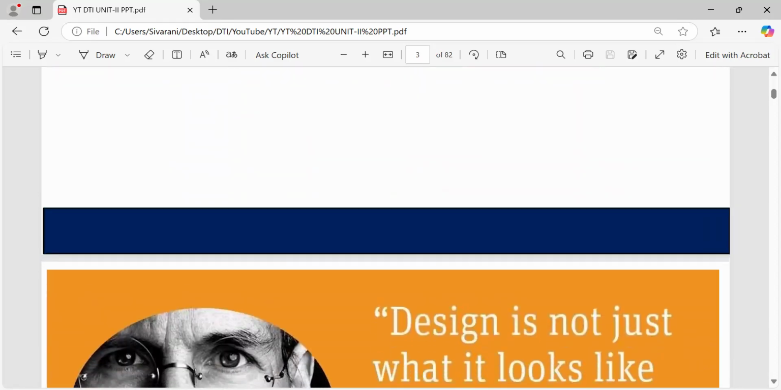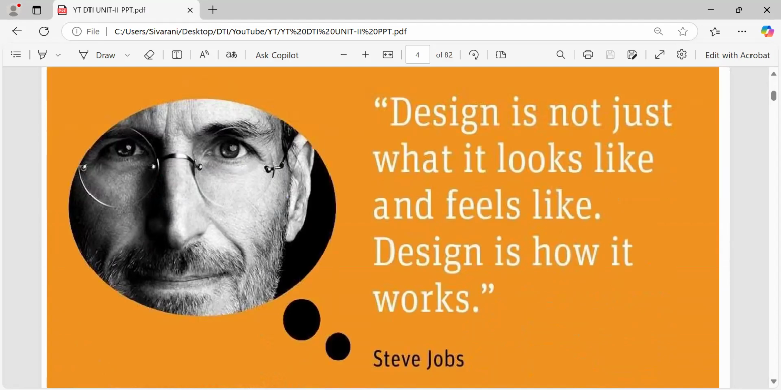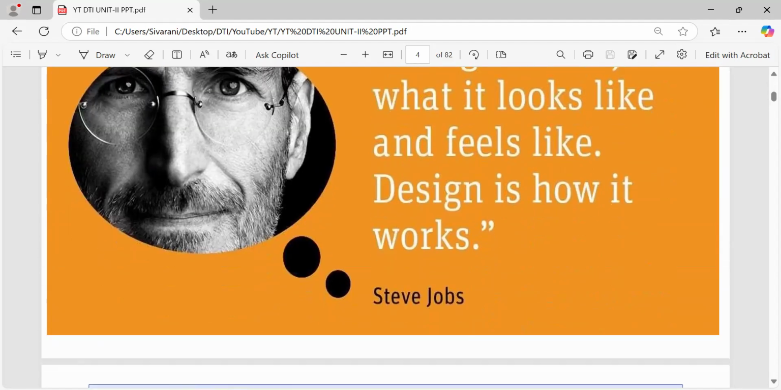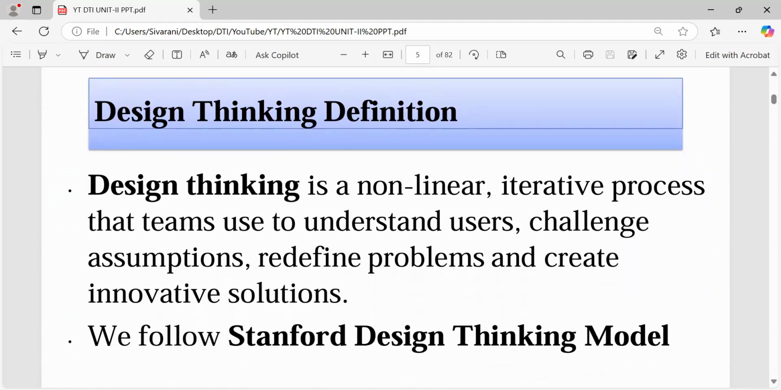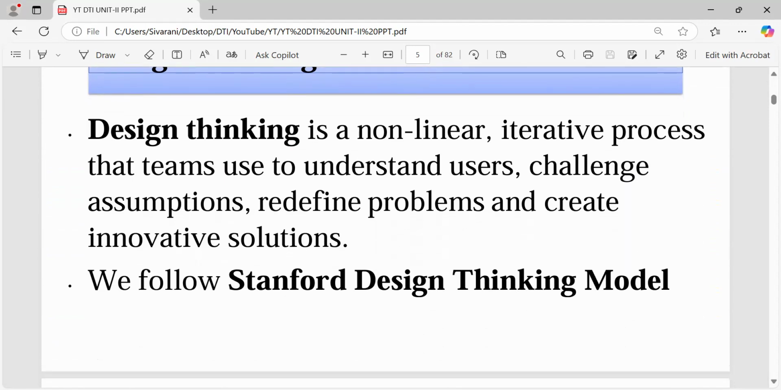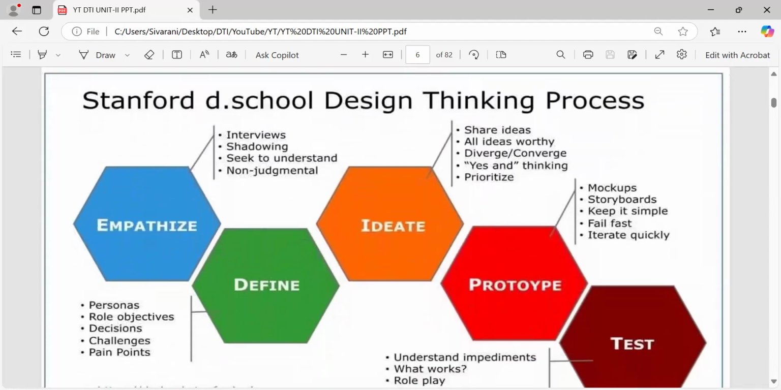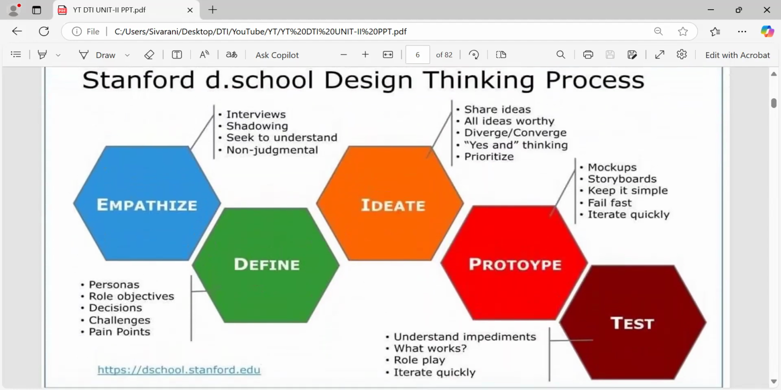So what are the stages involved in the design thinking process? Before that, we'll see how Steve Jobs defined it: design is not just what it looks like and feels like. Design is how it works, how the design is working for the users in a beneficial way. So that is the Steve Jobs quote on what design means. In design thinking, we follow the Stanford design thinking model for creating solutions for different problems. In the Stanford design thinking process, they define design thinking in five stages: empathize, define, ideate, prototype,